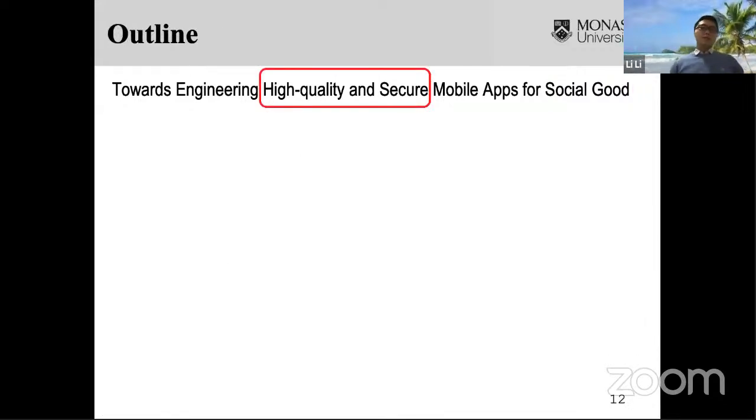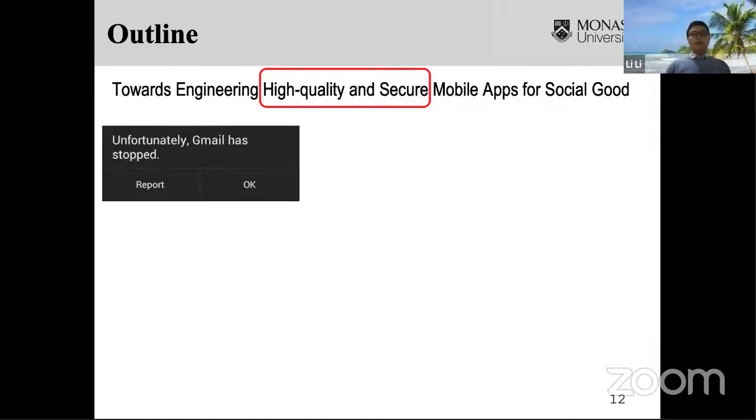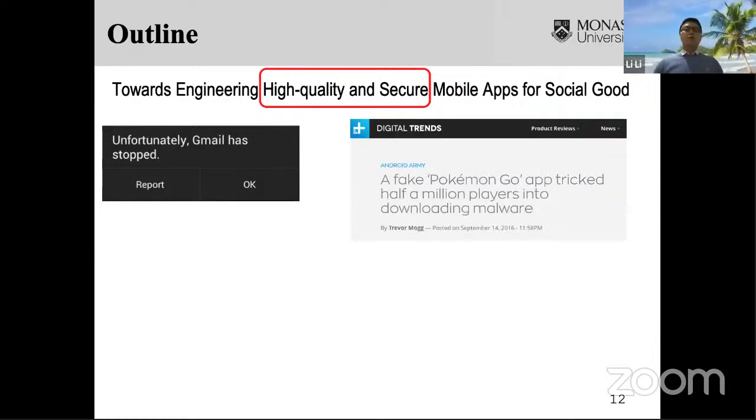The next keywords I want to share from the title, to help you understand the background of the talk, are high quality and secure. I guess it is not uncommon to see error messages when using mobile apps, like an app stopping or crashing, or even showing different security messages around the web, right? So actually, there are a bunch of quality and security issues happening in the mobile ecosystem every day.